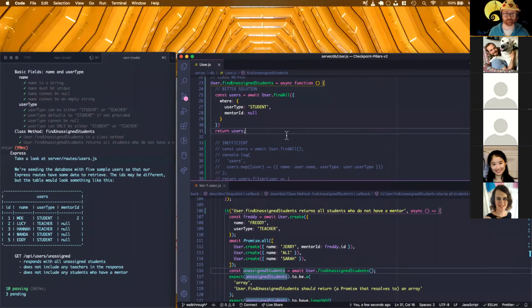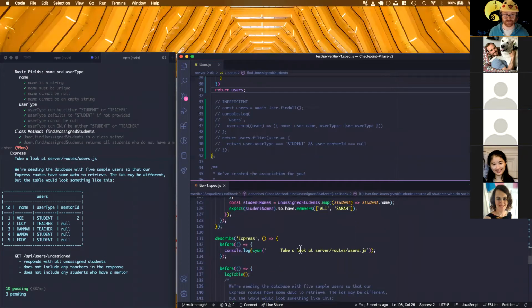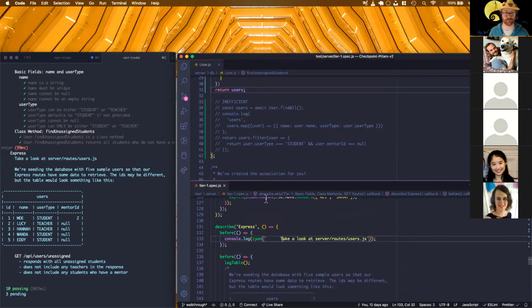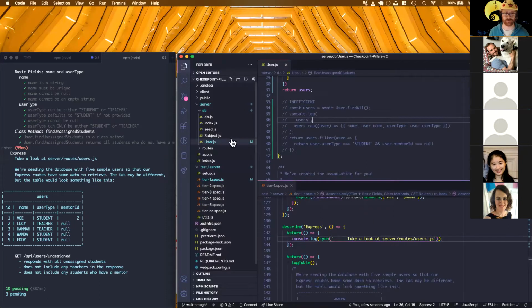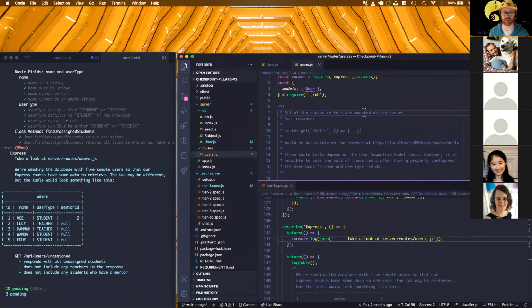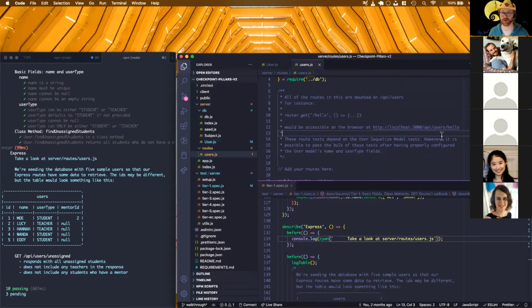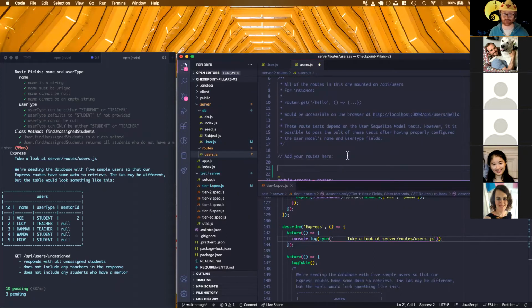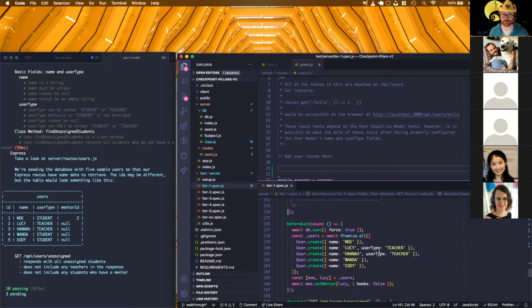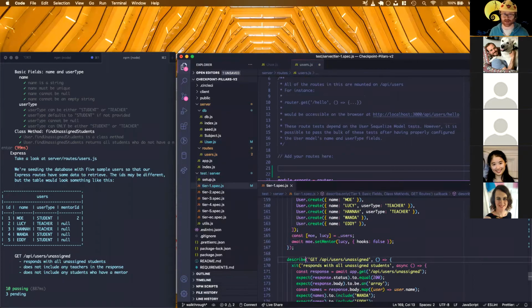Okay, cool. Moving on. Let's talk about Express. I think we're on the Express portion now. So I'm going to open up my Express routes because I have a feeling I'm going to need them. So here are my Express routes, and I've got a little bit of an indication about where they are mounted. So it looks like the prefix is API/users. So what I'm going to do is add a route for the first get route. So the first get route should be API/users/unassigned. So I'm just going to copy this because I'm lazy and say router.get, and this should be /unassigned, and